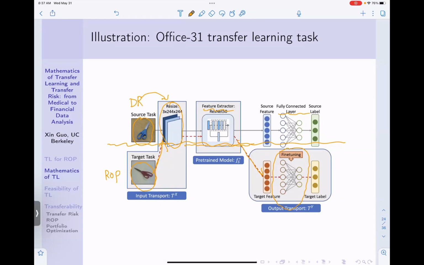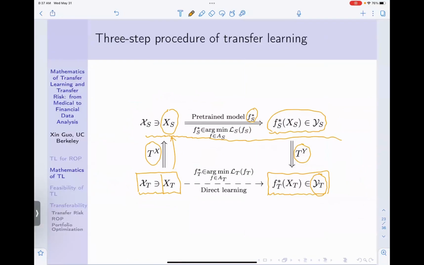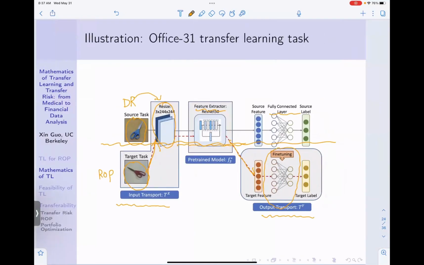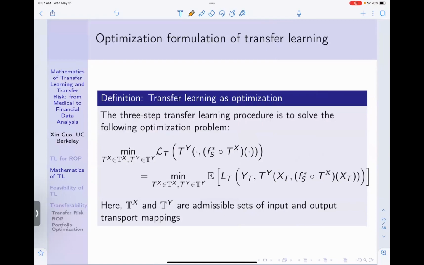So in this case, the input is fitting the image, and the output TY is to adjust the output with the fine tuning in the classifier. Okay, so this picture is exactly mapping this. And then mathematically, the definition of transfer learning is nothing but solving over the choices of the input mappings of the image fitting, and over all the output mappings, to solve this